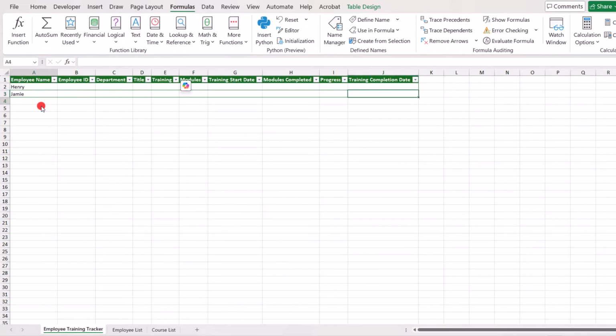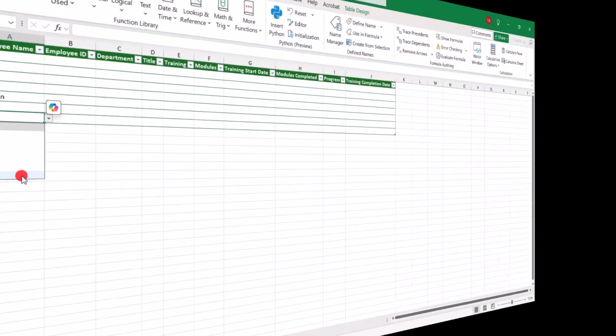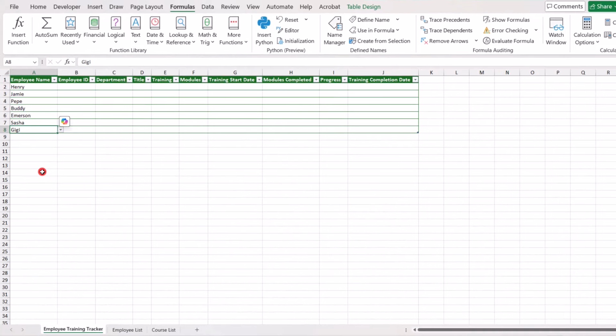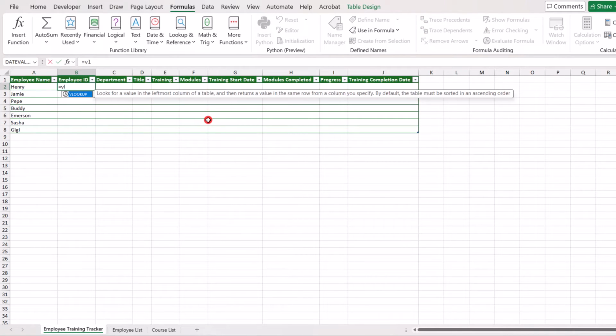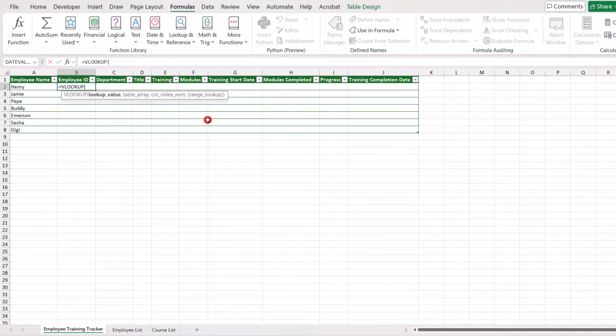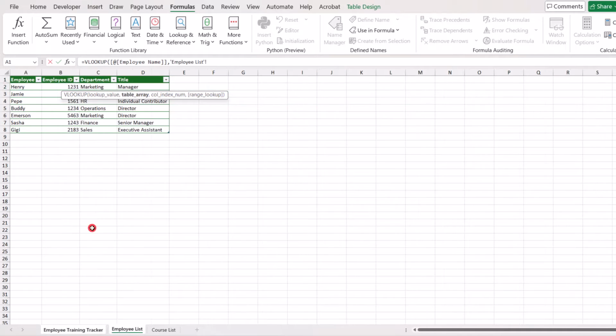And with a table, each time you tab over, a new row will be inserted into your table. So to pull the employee IDs, departments, and titles, we're going to use VLOOKUP formulas. So we'll write equals VLOOKUP, and the lookup value will be the employee name. The table array will be here in the employee list. So we'll select that entire table, and the column index number will be, of course, the column number of the